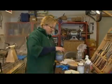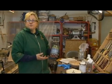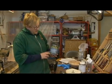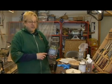In this clip, I'm going to show you some of the equipment and tools that we're going to use to put a finish and buff out our bowl. First thing are general food safe finishes. This is a salad bowl finish, and there are several different manufacturers that make a salad bowl